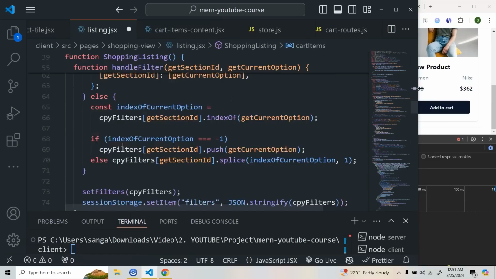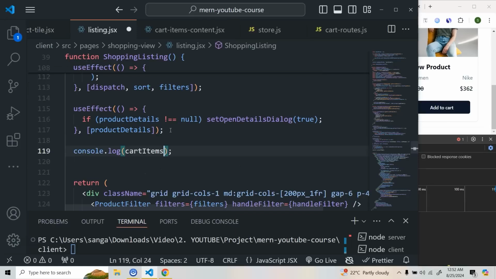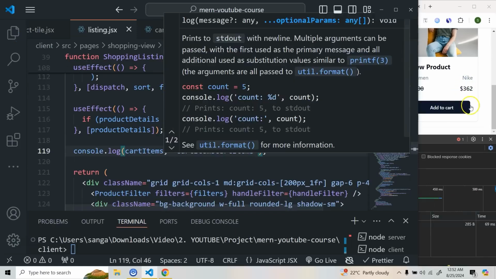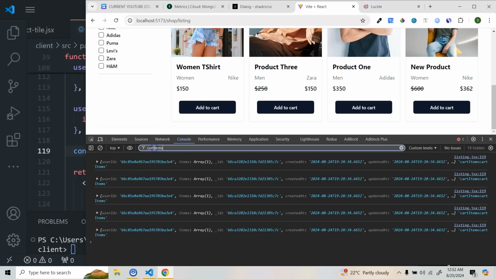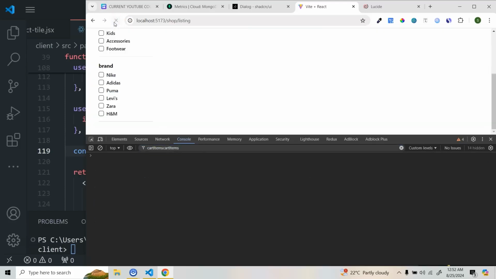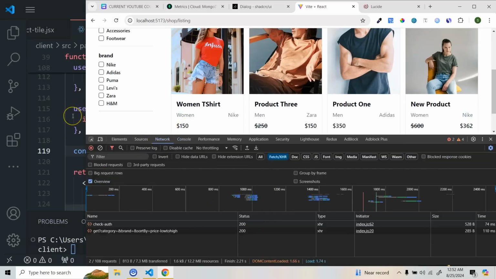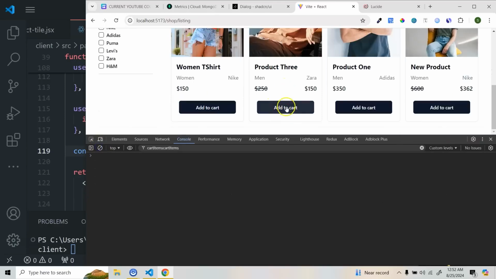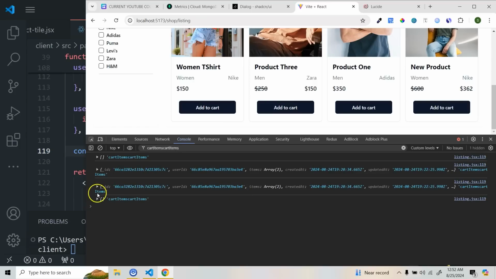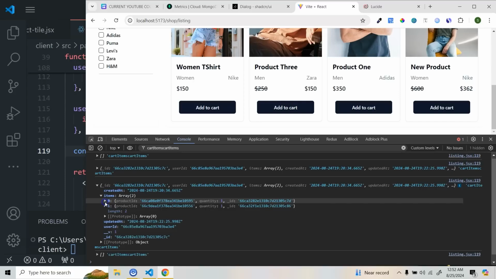So now let's log these cart items. Log the cart items here. Refresh this. Okay, we need to do it on page load, correct? But we can do it on adding. So let's add this also. So we should be getting 2, right? Add here. So if you see, we are getting 2 items, and we are getting this product here,